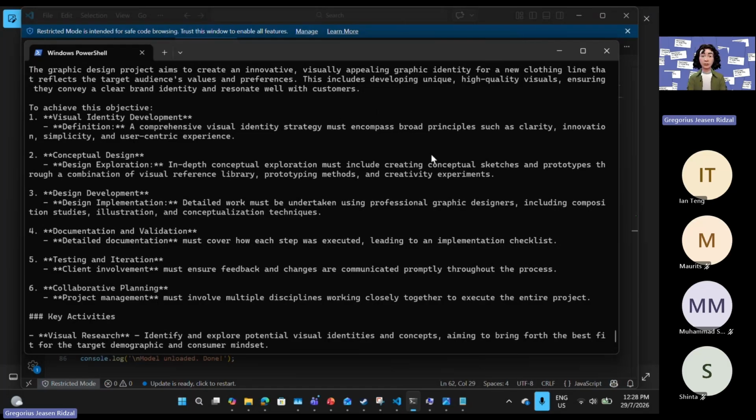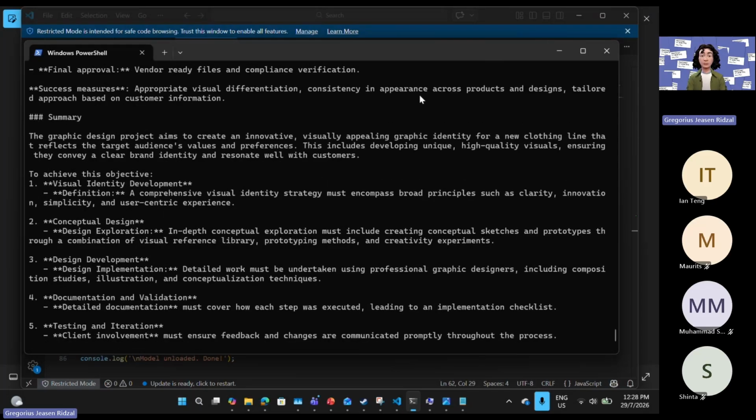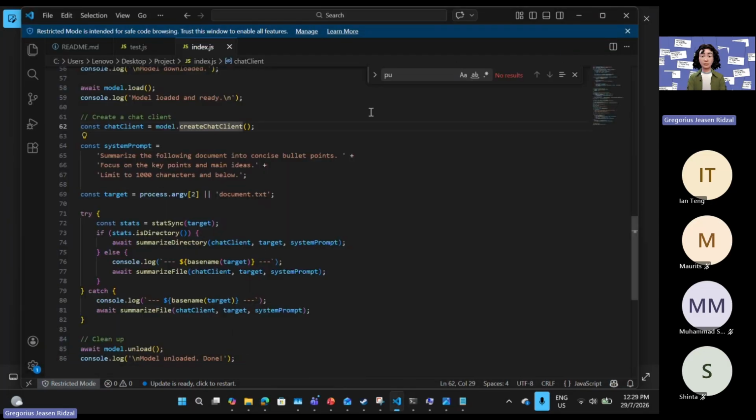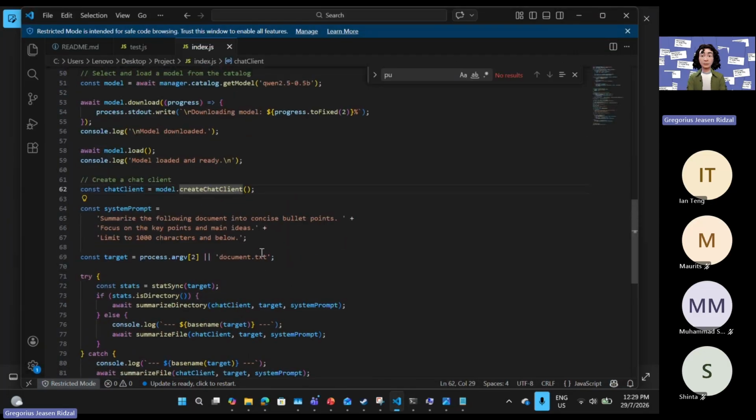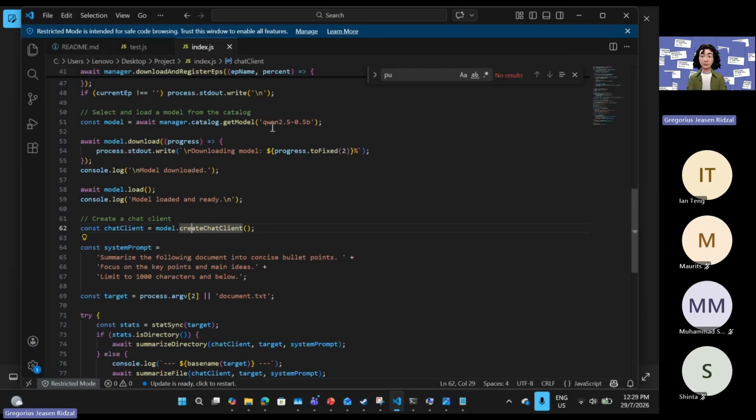So these SLMs and LLMs are loaded into your machine. The restriction, of course, is that your models are only going to be as good as the machine you're running them on, right? Because I'm running on a bit of a potato laptop, as they say. I can only run this Qwen 2.5, which is not very good, but I'll take what I get. All right, so that's from a local hosting perspective.